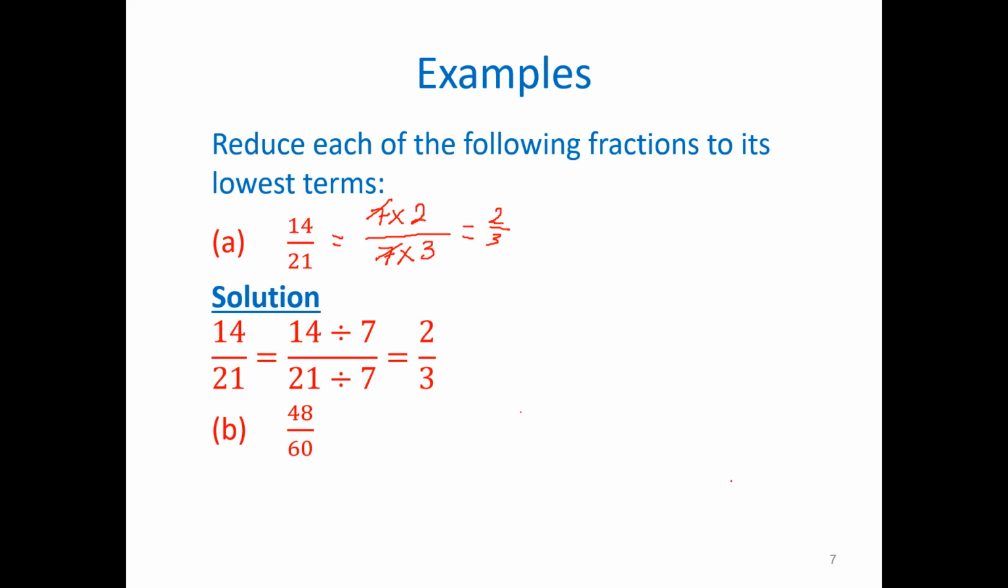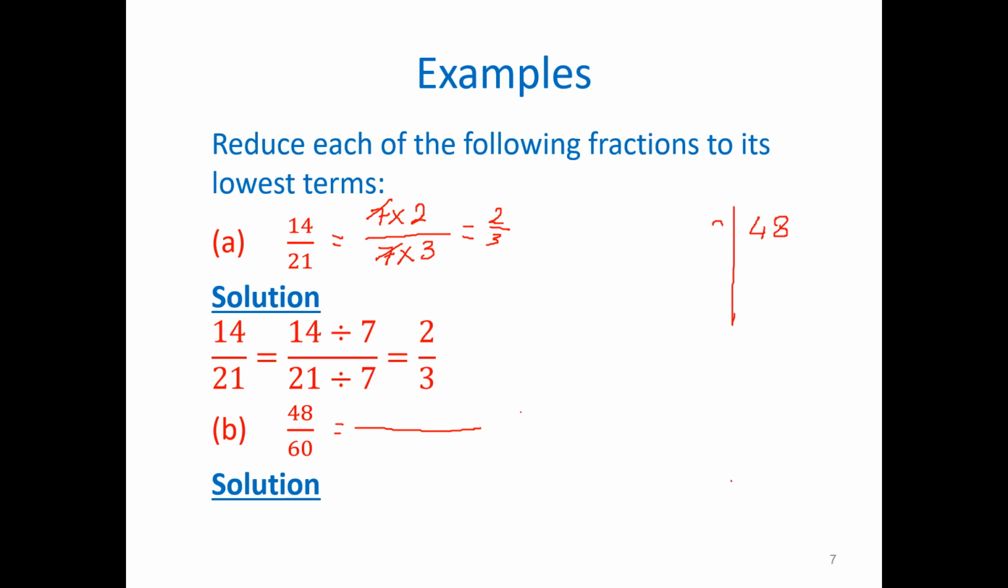48 by 60. Okay, let's see. What is the greatest common factor? Well, you can follow the same steps as in example A by saying 48 can be decomposed into its prime numbers. Again, I repeat here, to get the prime numbers, what you can do is you can say 48, okay,